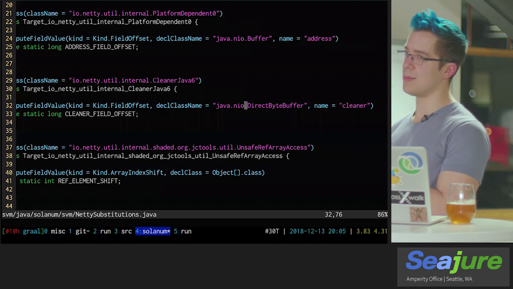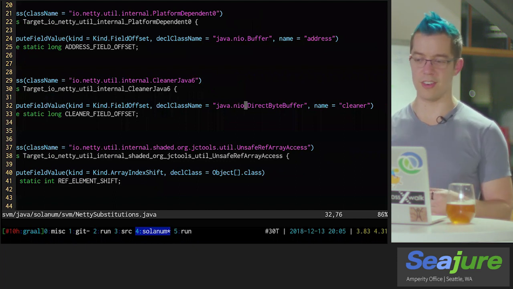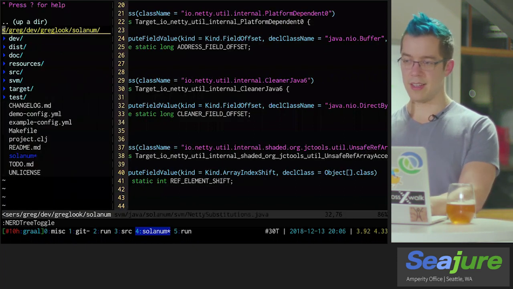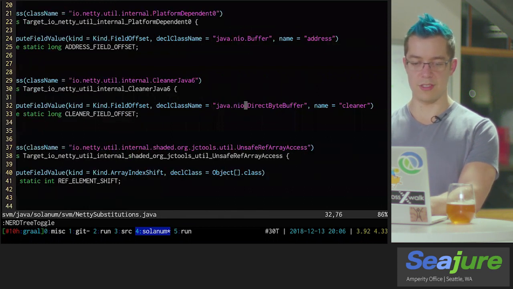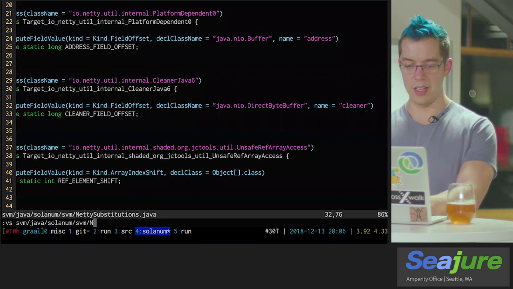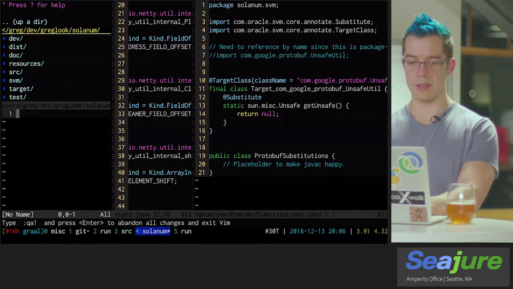And this takes a bunch of digging. There was fortunately a very helpful blog post that I came across that gave me a lot of pointers in the right direction here. But once we provide that, we can help Graal work around these issues. And then on the other side, for Protobuf, the solution actually turned out to be a bit different.